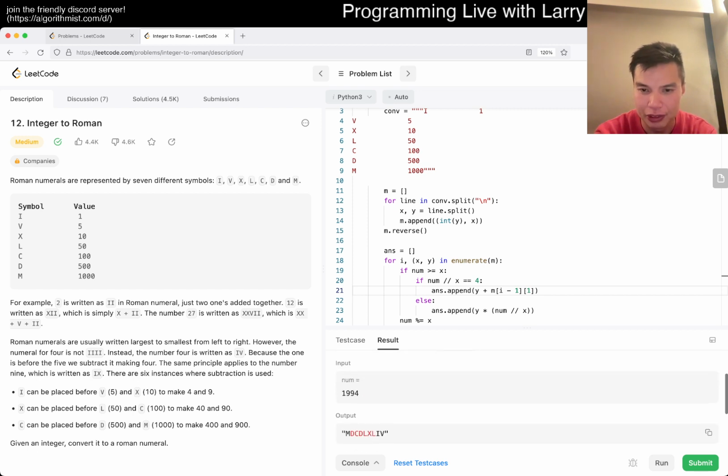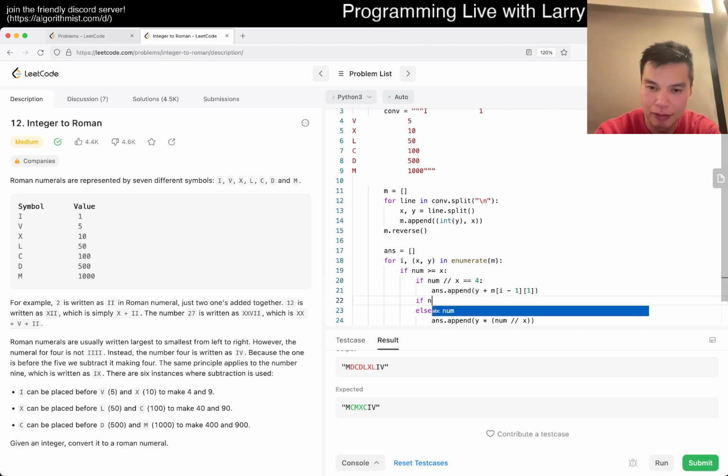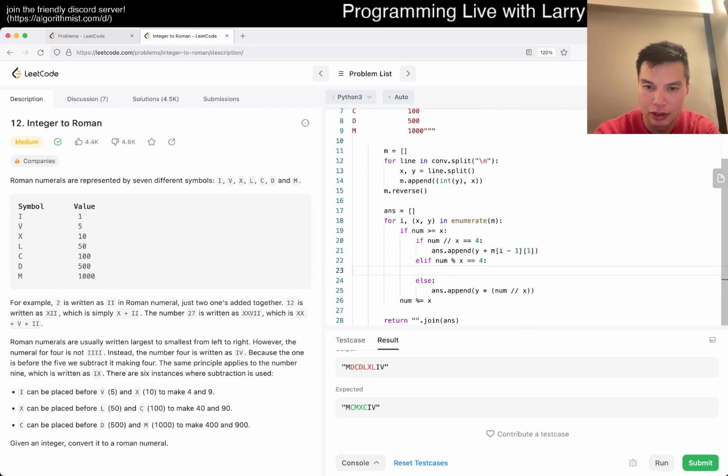This is actually a pretty good case for the 9, so I don't think we have to do anything else. But you can't do like e goes to 9, because that's not the thing, right? If num mod x is equal to 4, then in this case we know that this is going to be a 9. So then we just take,